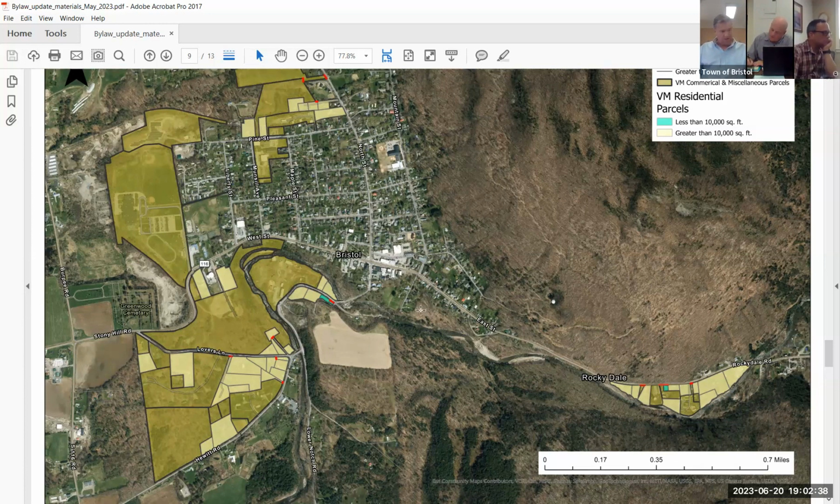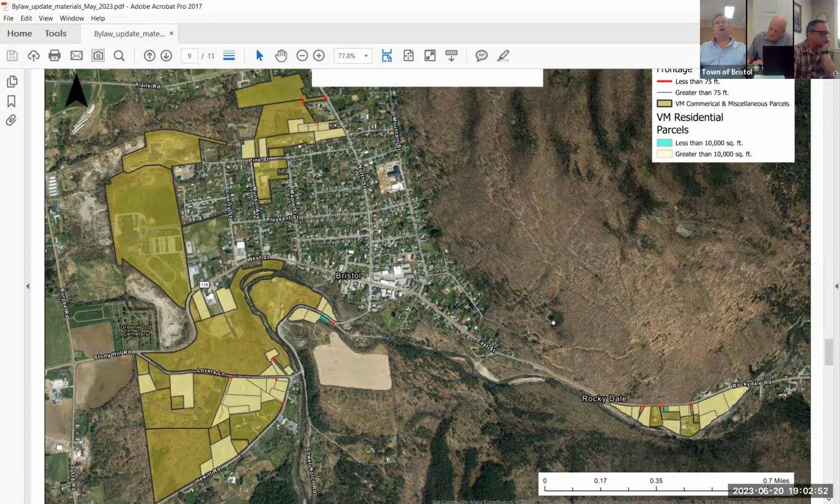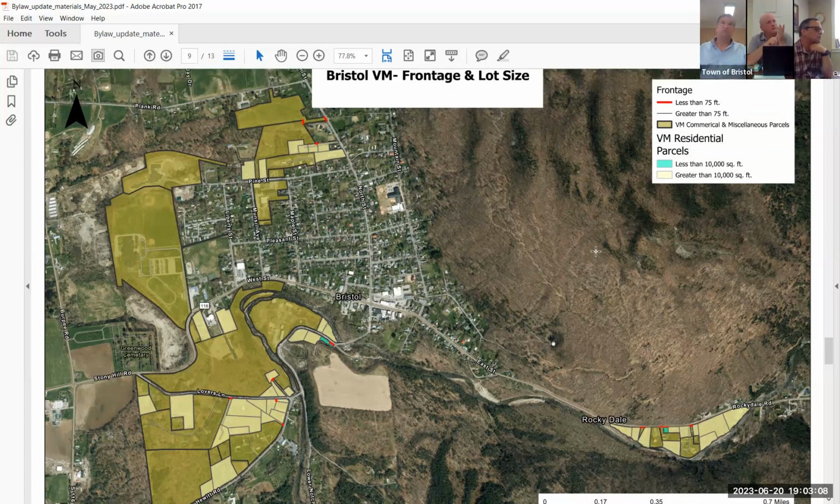So when we were talking last time, we went through a lot of the density calculations. Well, actually, let me start with the map. Again, that's your Village Mixed District. In this district, you do not have a lot of parcels that are challenged with setbacks or road frontage or things of that nature, like you did in your neighborhood district. This one, they're largely undeveloped districts, and then you have some relatively dense development in there as well.